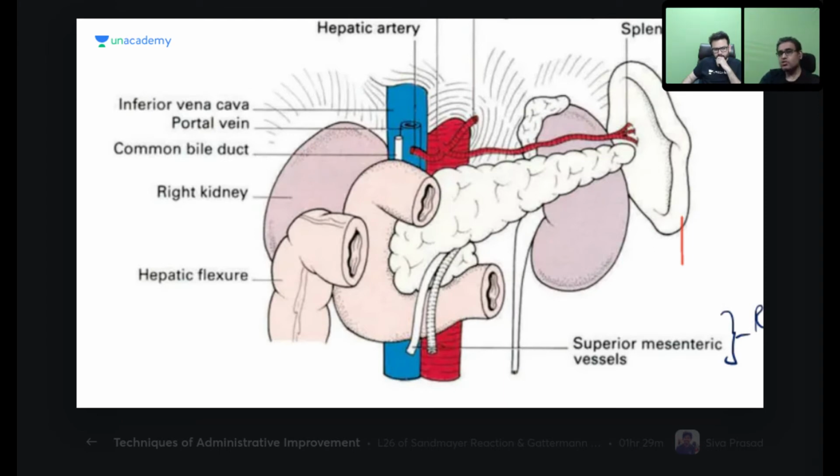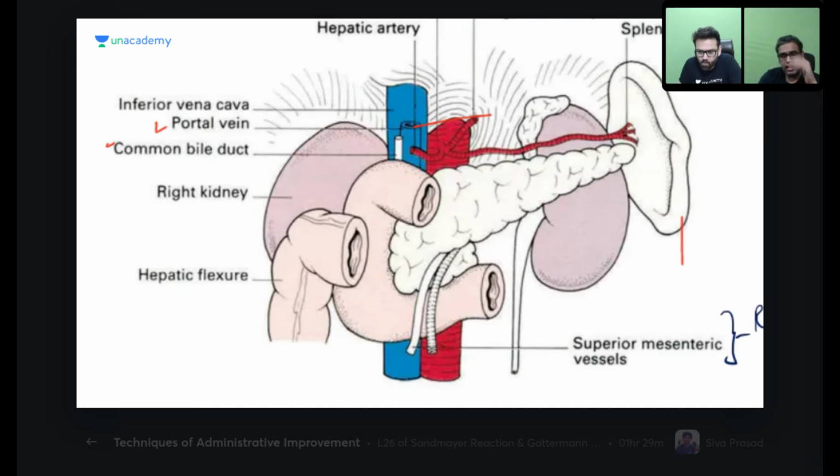Kidneys are behind. Why? Because they are primary retroperitoneal. So are the aorta and IVC behind the pancreas, primary retroperitoneal. With the aorta and IVC, you can also see the portal vein and the bile duct. They are all behind, and they are also retroperitoneal. Here the spleen is shown, but don't get confused by this particular thing. The spleen is on the left side, so it is intraperitoneal, but yes, it is more at an anterior angle than the pancreas.